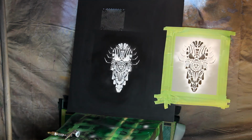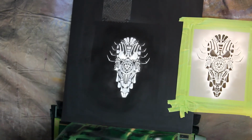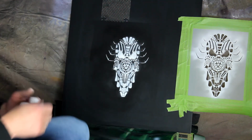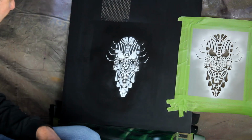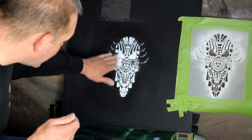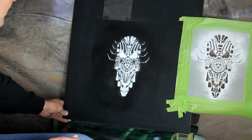Okay, so let's zoom in on it. So now we went back over it again with white after I had filled in the fog areas with black. Got a little bit more definition out of it. This is where I can come in and freehand a little bit with white now, just to bring out a couple little spots here and there. I think that actually looks pretty good